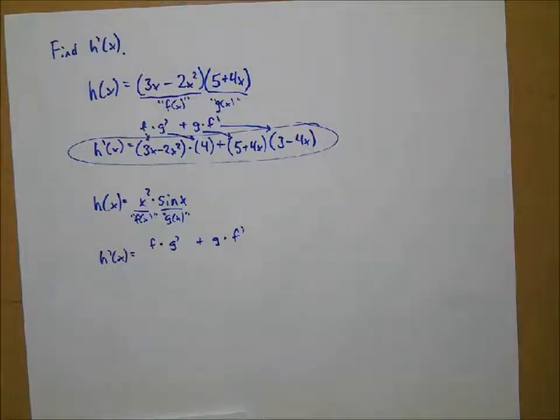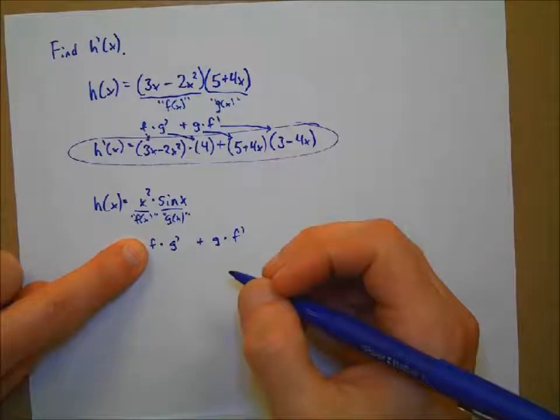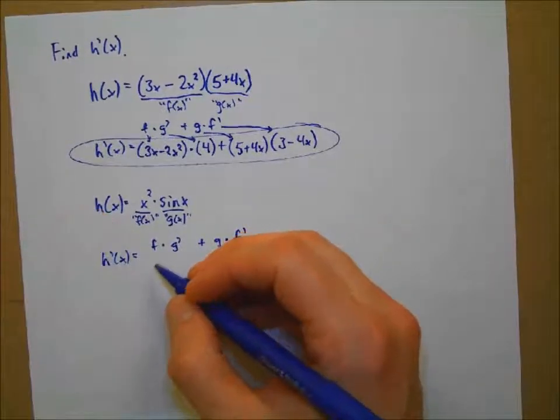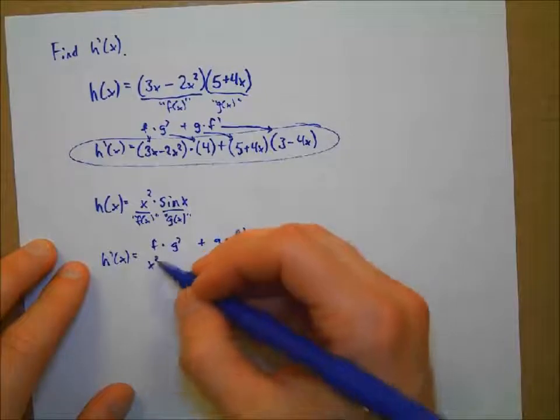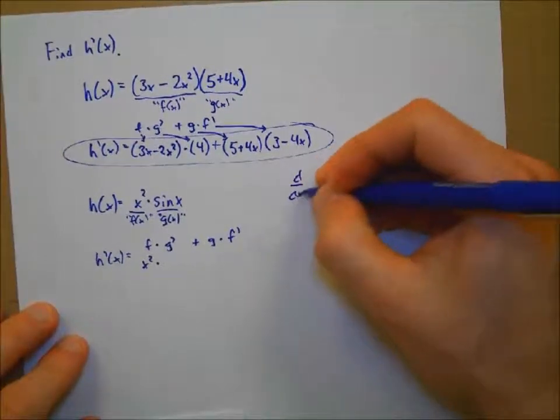So what's f? F is x squared, times g prime. All right, what's the derivative of sine? Right, we don't know it yet. That's the problem. We don't know what the derivative of sine is, so I'm going to give that to you right here real quick. The derivative with respect to x of sine,